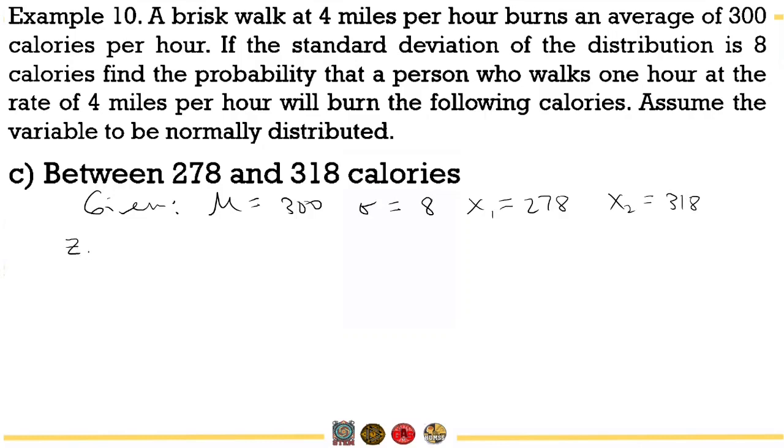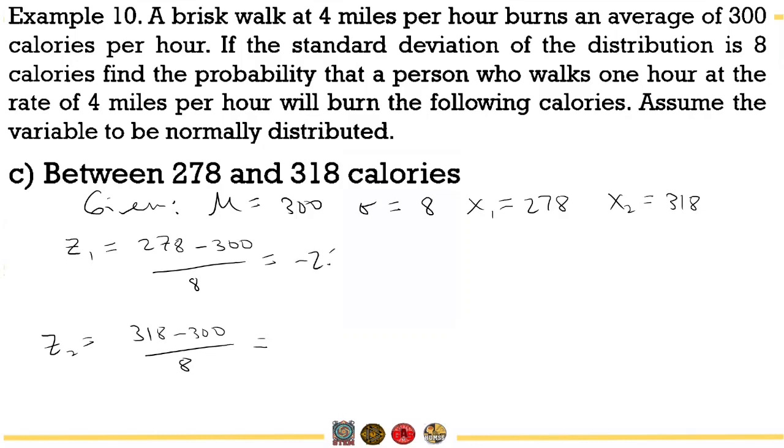So z1 is equal to 278. One is below the average and one is above the average. So 278 minus 300 divided by 8, and z2 is 318 minus 300 over 8, negative 2.75,